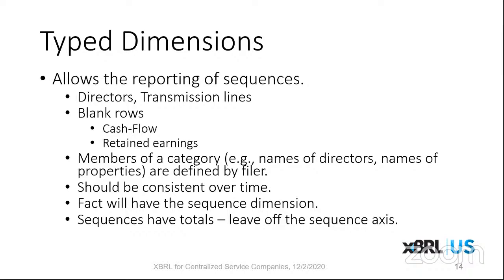So all of these type dimensions really just give you a way to indicate what the values are on a specific row, and there are a few things you should be aware of. We call them sequence tables, a term that's used in the FERC documentation. Every time one of these rows is used, it has an identifier associated with it, and those identifiers are called a member. So if you've got a listing of directors, or a listing of companies that are controlled, whatever it may be,